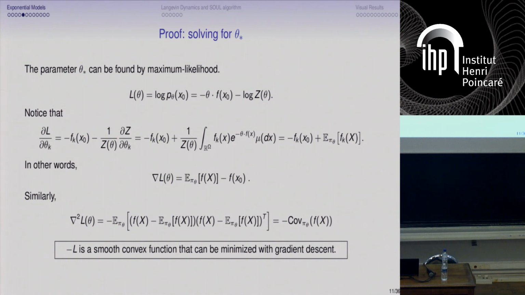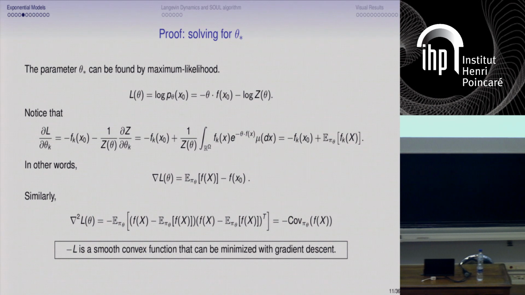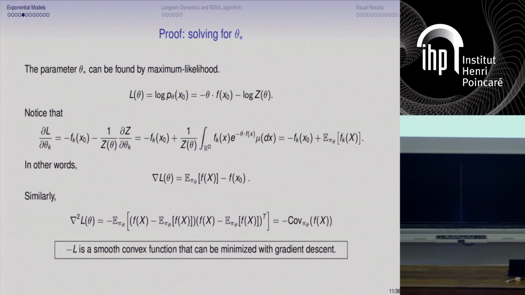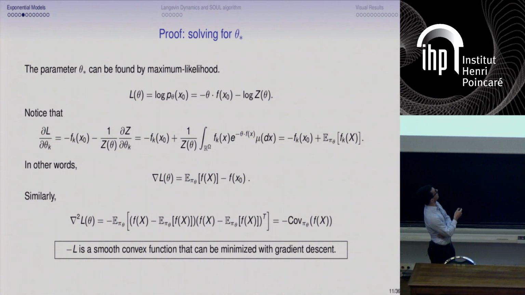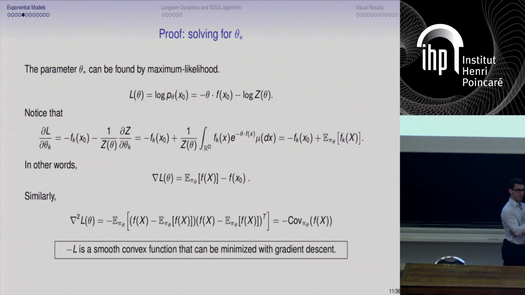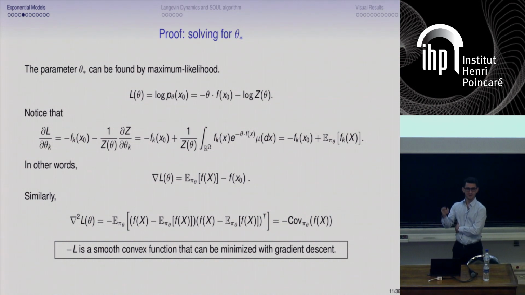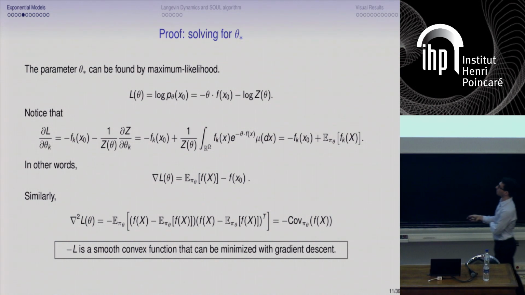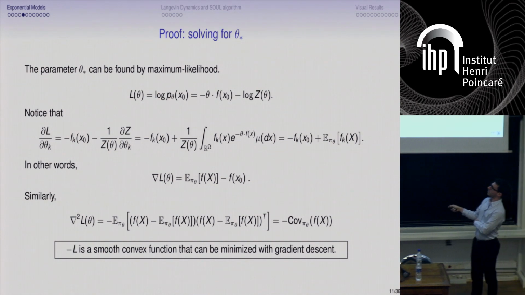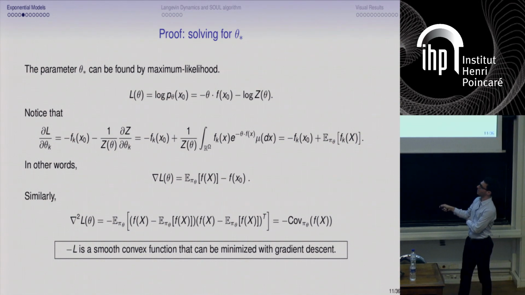So one thing that you could already see is that if you have a critical point of the likelihood, this is associated with pi theta that satisfy the expectation constraint. Okay, so we would have to show that such a critical point exists, and for that we can go one step further and compute the Hessian matrix.